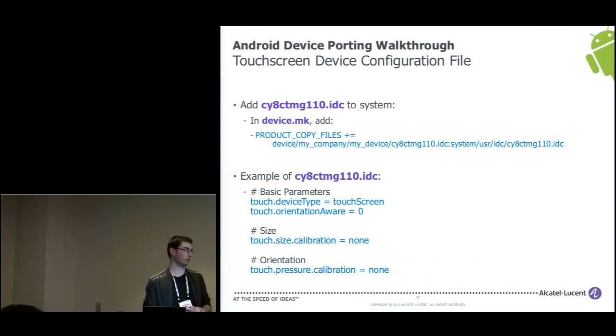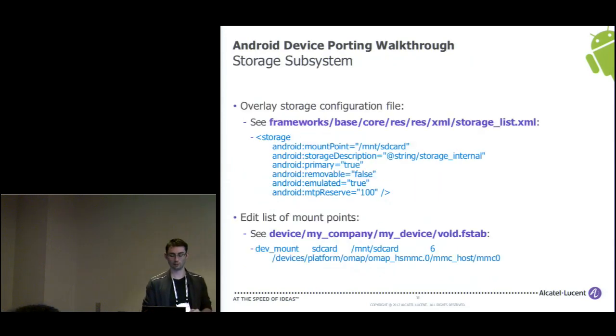And just below, I give you an example of the IDC file that I use for my touchscreen. As you can see, it doesn't do much. The only thing it does is tell the Android input reader that this is a touchscreen. This is not a mouse or another kind of pointer. It's really touch. And I'm not orientation aware. This is important for us, and maybe also if you define some tablets and you are switching your tablets from portrait to landscape, then specifying one in this line just permutes the X and the Y coordinates, not within the drivers, but at least within the input reader. So just specifying that changes everything.